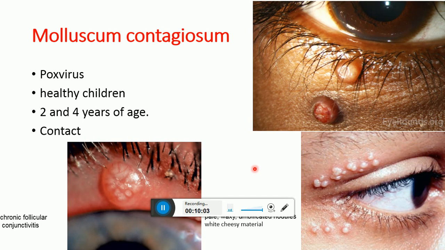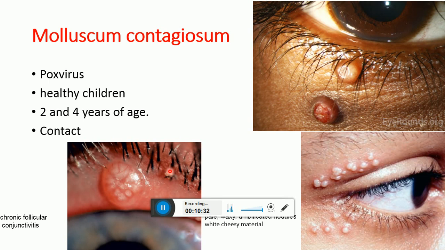The lesions are single or multiple, pale and waxy, and umbilicated nodules. They develop white cheesy material, which consists of infected and degenerated cells. It can be expressed from the lesions. The lesions in the lid margin